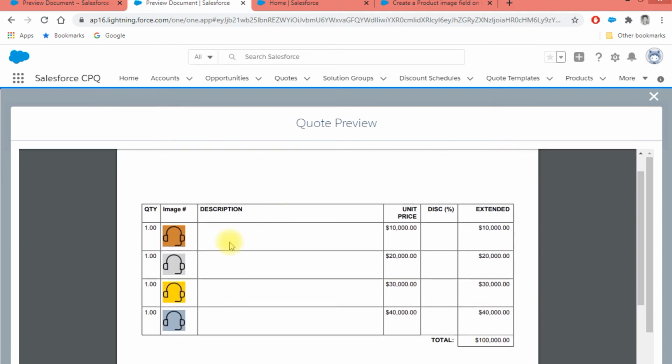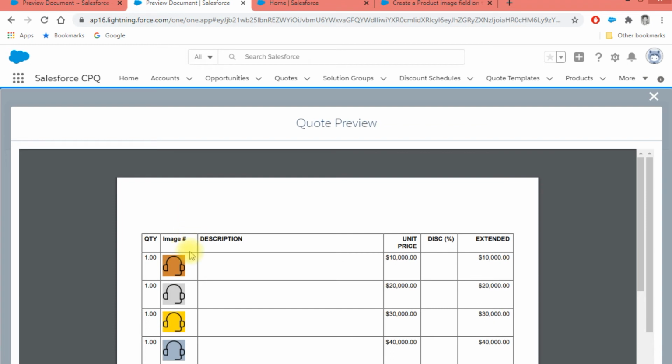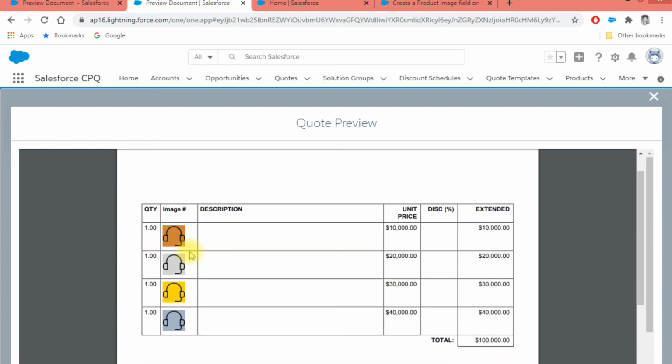So this is how you can display the images for your available quote lines on the same quote. Right now this document doesn't have any header or footer, it will just display the quote lines.